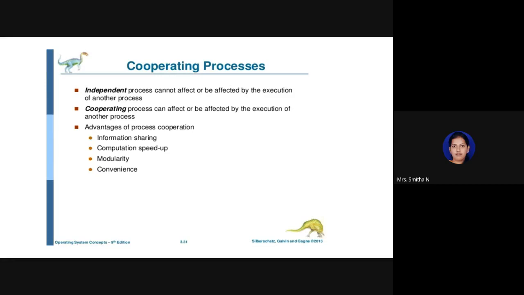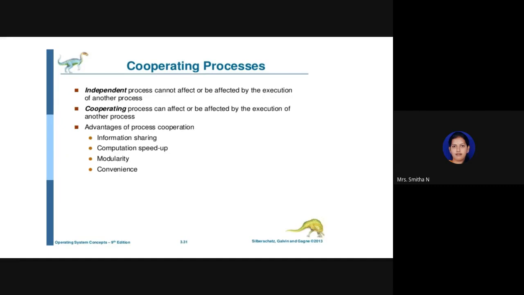So all those types of banks are called independent processes. But if you consider the other kind, that is cooperative process, our topic or chapter is only about cooperative processes. If you have n number of processes running in your system, those processes will be called cooperative only when execution of one process affects another process. Then those processes are called cooperative processes. Usually we have cooperative processes so that we can share information, or divide your work among processes for modularity, so that you can increase the speed of execution also.